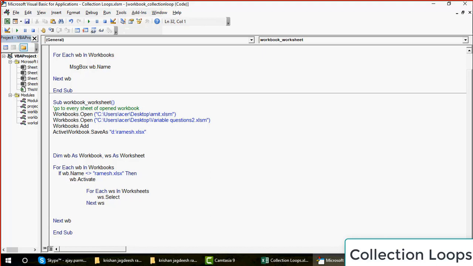But if it is Ramesh, then you go and say Else, do not do anything. Because if it is Ramesh, I do not want to loop through it. So this entire loop does not hold any meaning for that file. That's how I've written the code.